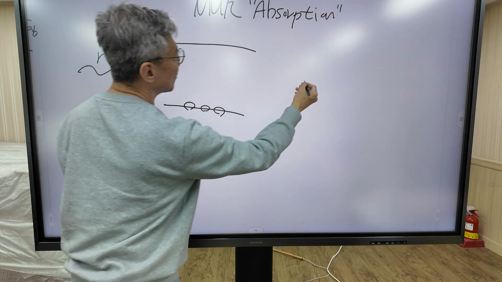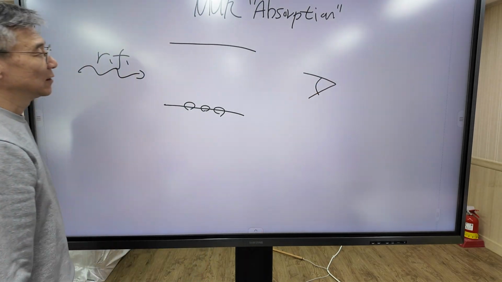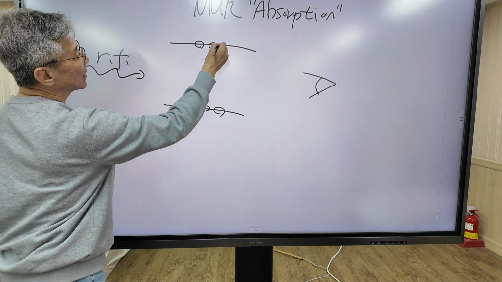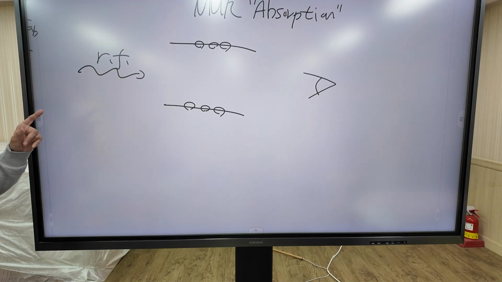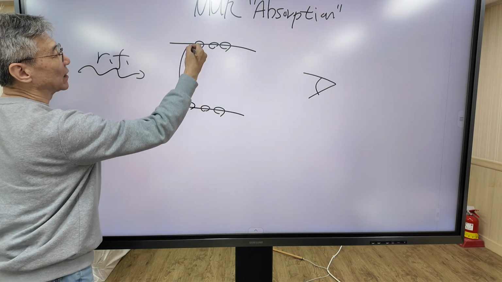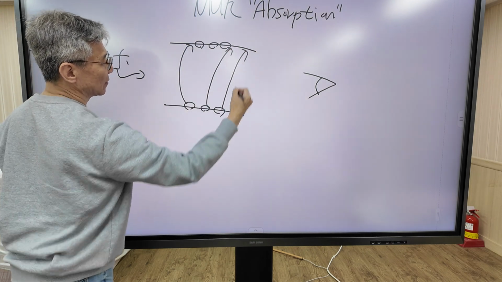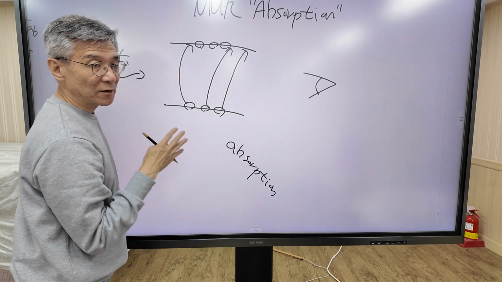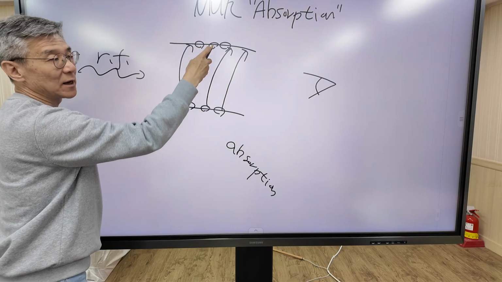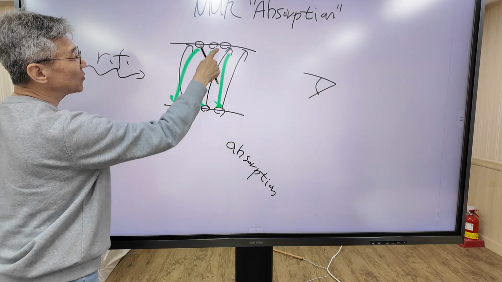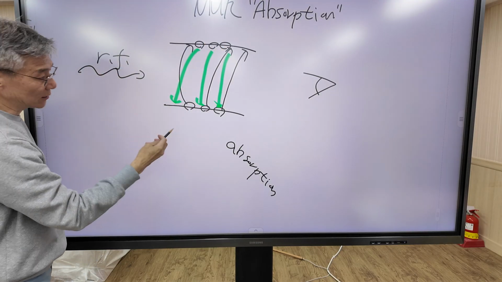A detector is placed on the opposite side. Now assume that there are 3 molecules in the ground state and 3 molecules in the excited state. In this case, no absorption occurs. Why? Molecules in the ground state make a transition to the excited state, so absorption occurs. But at the same time, molecules in the excited state make a transition to the ground state. It is stimulated by this radio frequency. This is called emission.